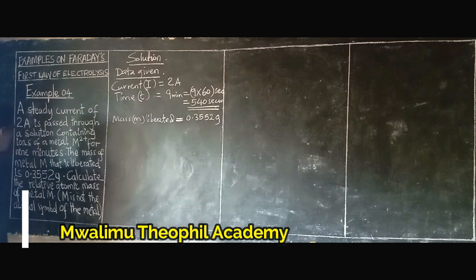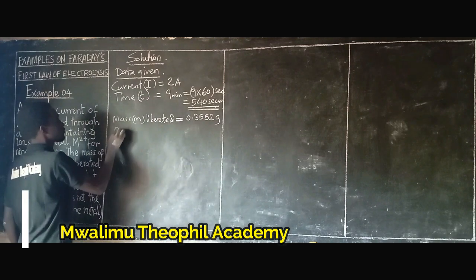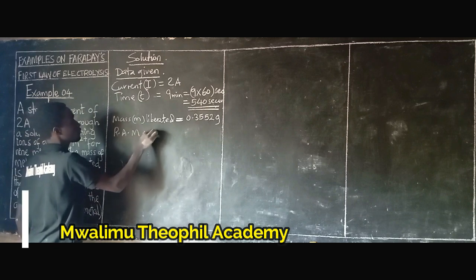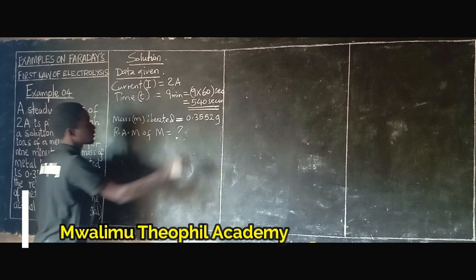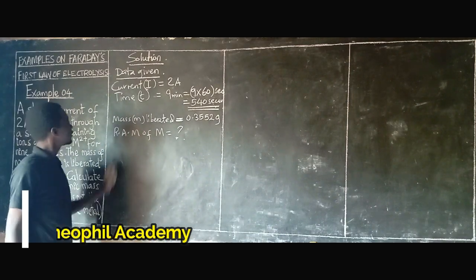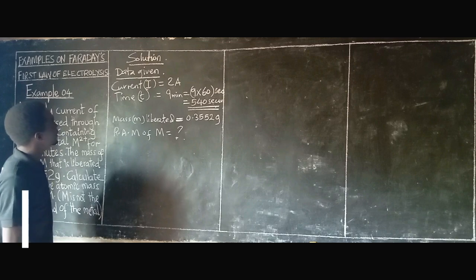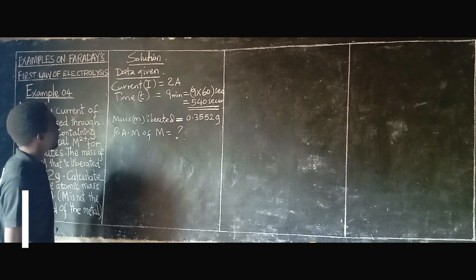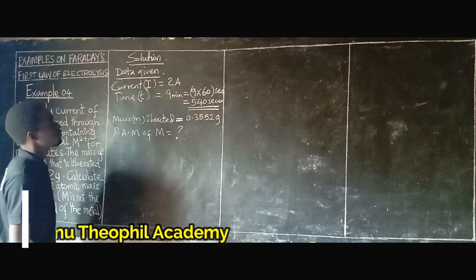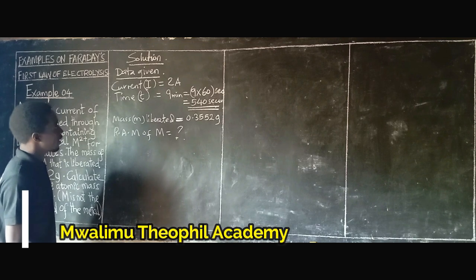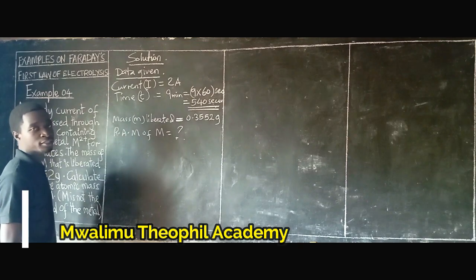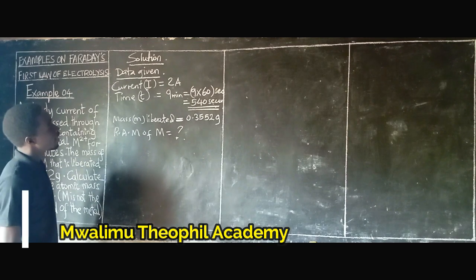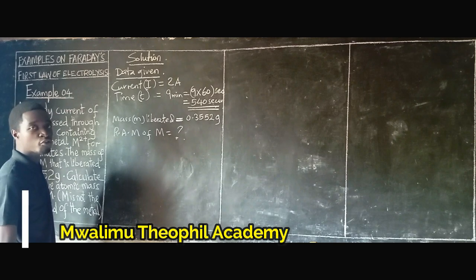What is asked here? We are asked to find the relative atomic mass of metal M. Relative atomic mass of M is equal to how much? Now, let us choose the method we are going to use for solving this from the data. Here, we are not given the electrochemical equivalent, and we don't know its relative atomic mass. So the direct formula of Faraday's first law of electrolysis will not be applied,